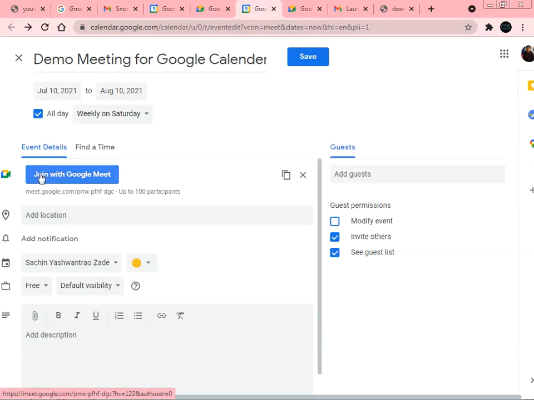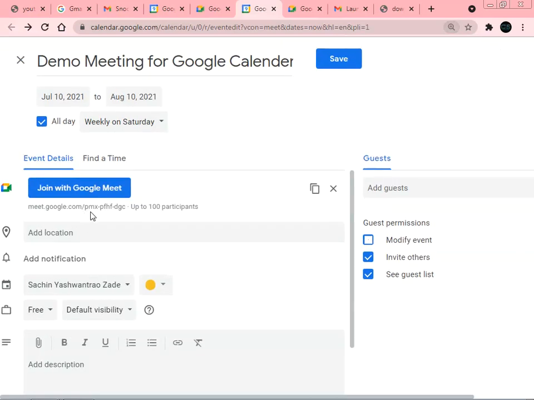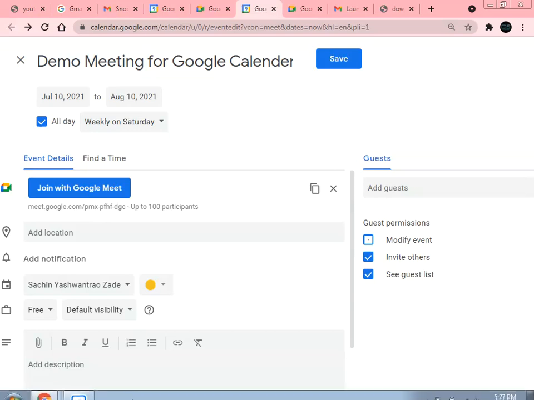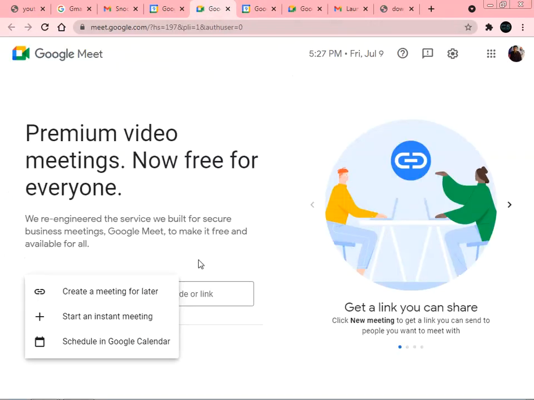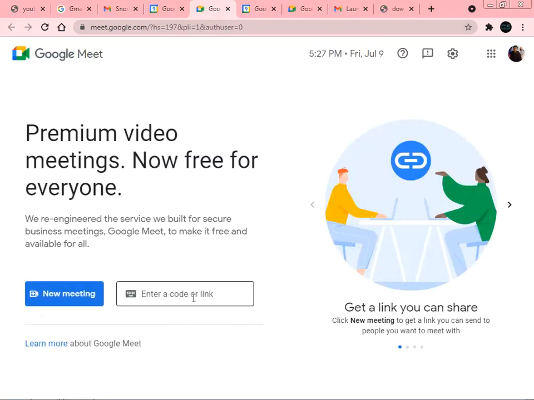Next option is, so here we are getting join with the Google Meet. So here we are getting this meet.google.com/pmx-pfhf-dgc. So this is nothing but a link which we have to put in this box if you want to enter.